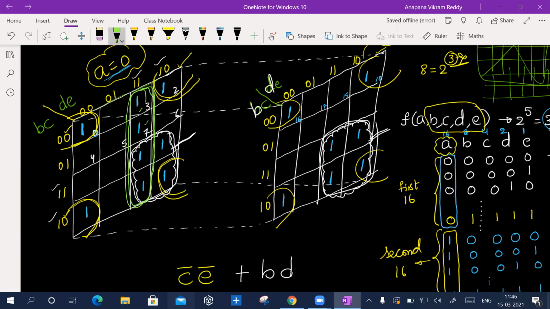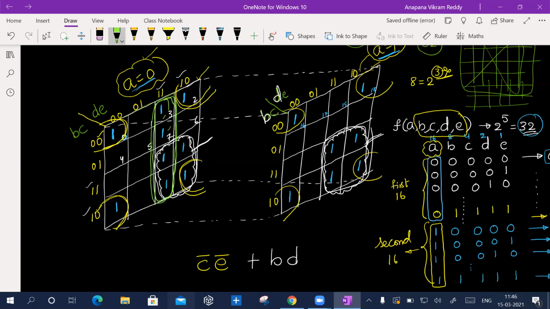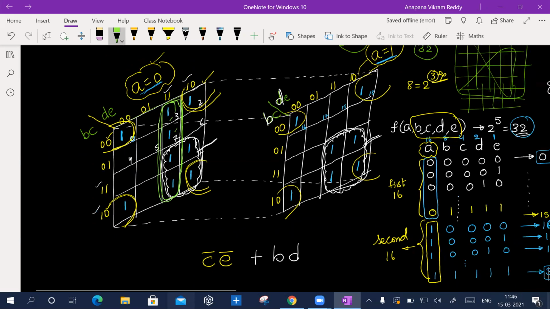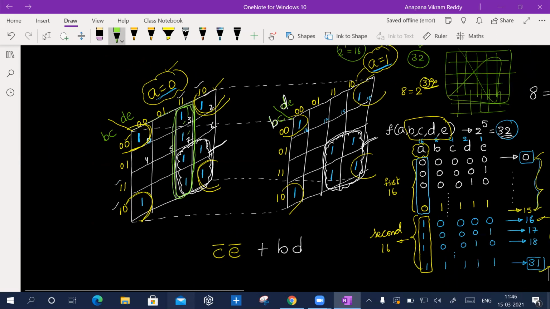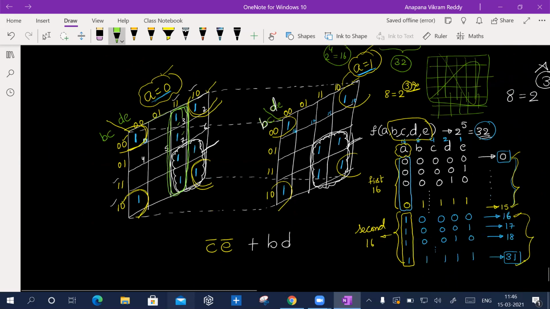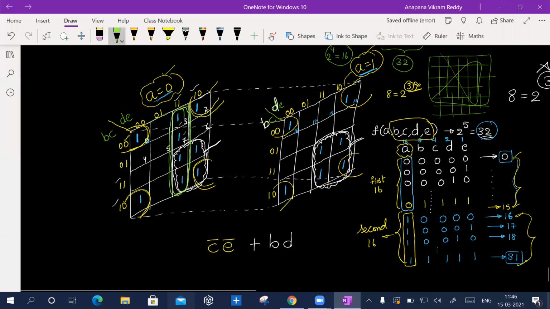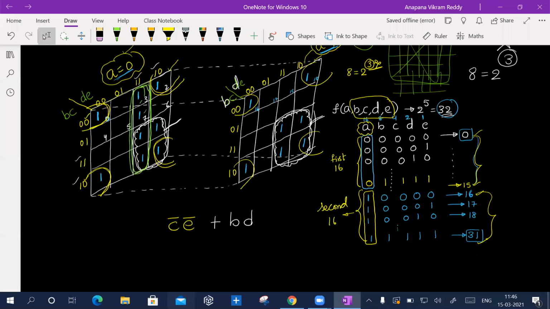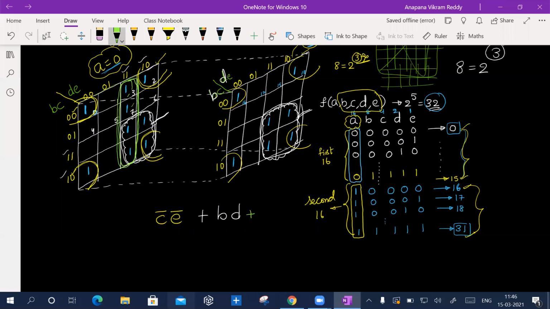So I take this. Now you tell me, are you moving from A equal to 0 to A equal to 1? No, sir. You are on the A equal to 0 K map. So therefore, what must I take here? A. Anyways, that means what is A here? A complement DE. Because A is equal to 0 in this case, the first K map. And what else do I have? DE. DE, sir. That's it.